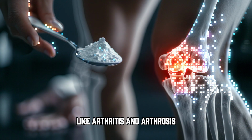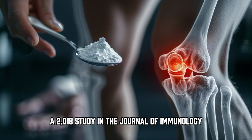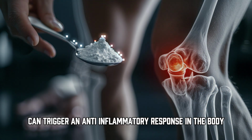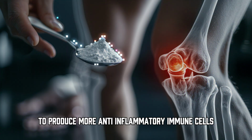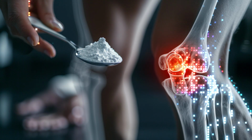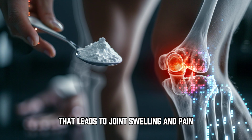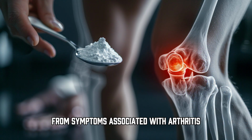like arthritis and arthrosis. A 2018 study in the Journal of Immunology found that baking soda can trigger an anti-inflammatory response in the body by activating the spleen to produce more anti-inflammatory immune cells, known as macrophages. This activation helps reduce the overall inflammation that leads to joint swelling and pain, providing relief from symptoms associated with